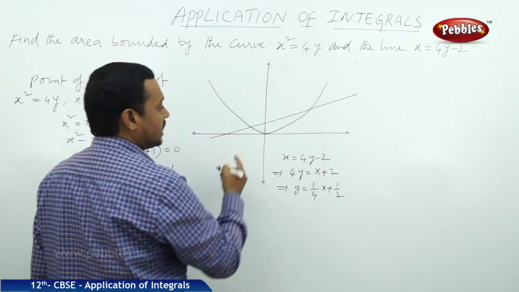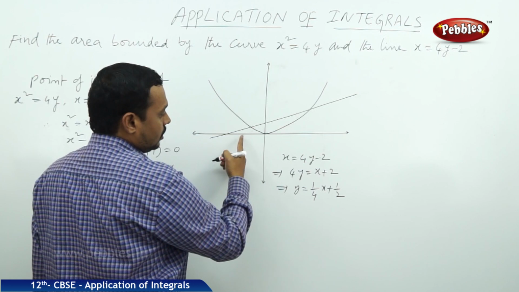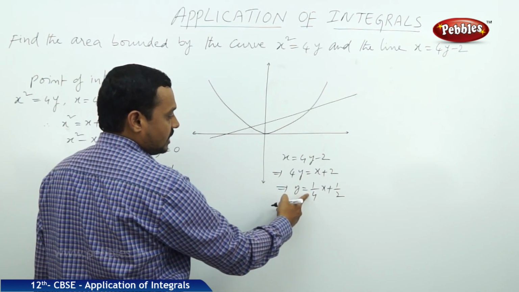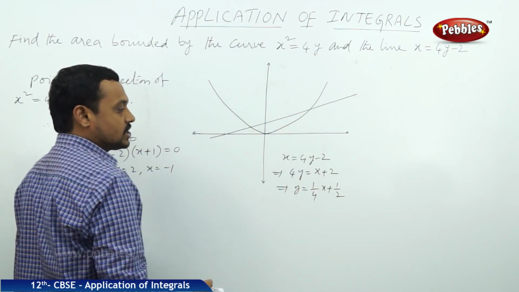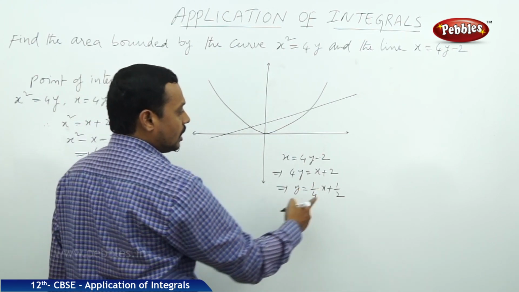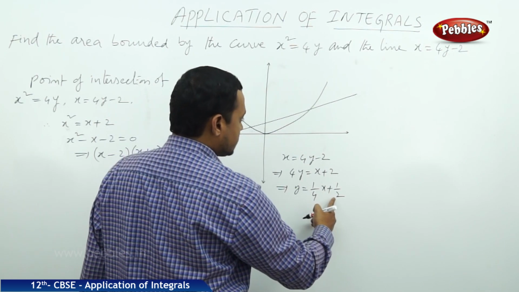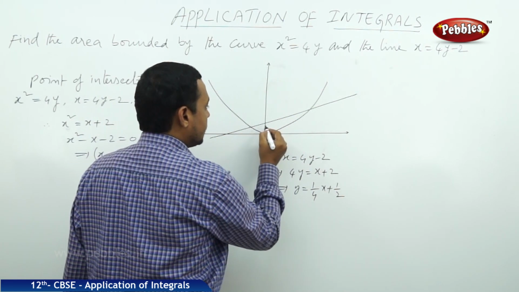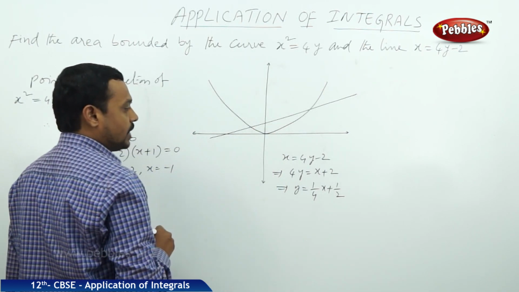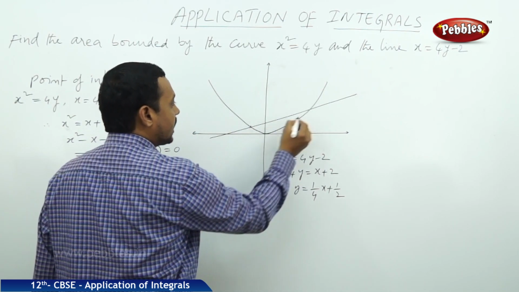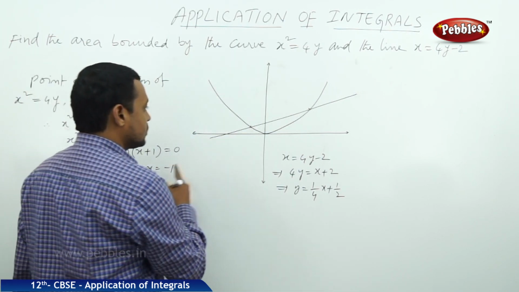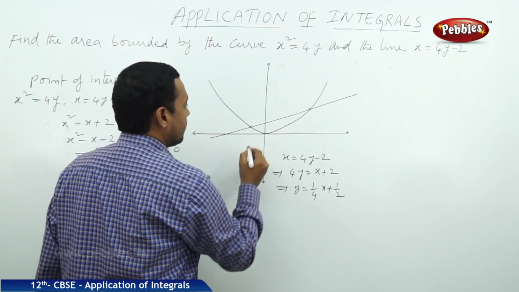Now this is the straight line whose angle is positive, because the slope tan theta is equal to 1 by 2, which is positive, and the y-intercept is 1 by 2, so this line intersects the y-axis in the positive direction like that, and it cuts the curve at two distinct points. One point has x-coordinate -1.